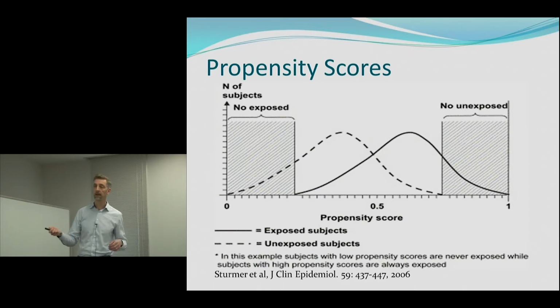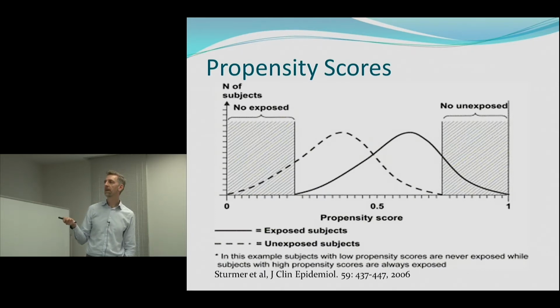But what you can see is that there are no exposed subjects in this group here. So at the lower end of the score, everybody is untreated. Yeah? This, if you like, is a way of finding our yoga retreat women. So the first cartoon I showed you with the woman who was going on a yoga retreat, I think the people who are a bit like her are all in this group here. This low distribution of the propensity score.